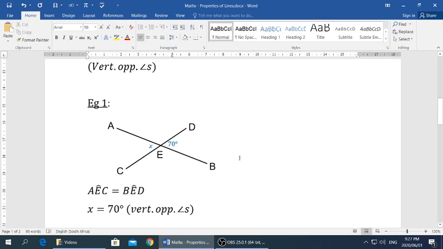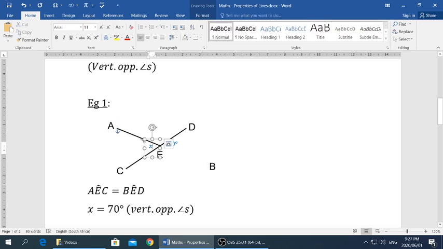They are one of the more simple ones and easy to use. You basically just look for an X shape. But keep in mind, it must be a perfect X shape. So for example, if we had this,